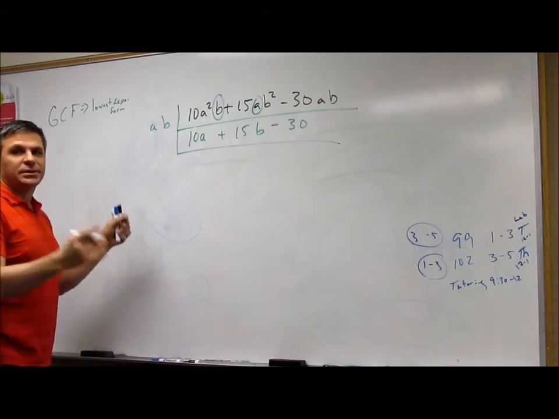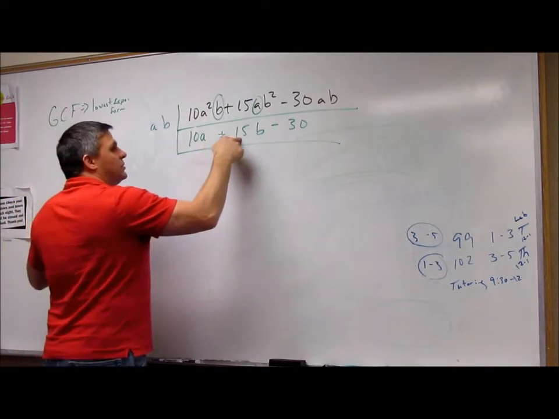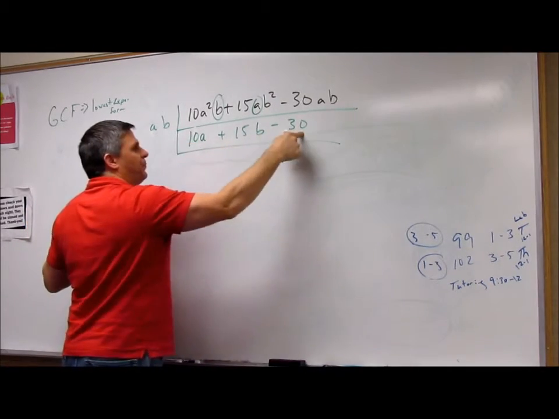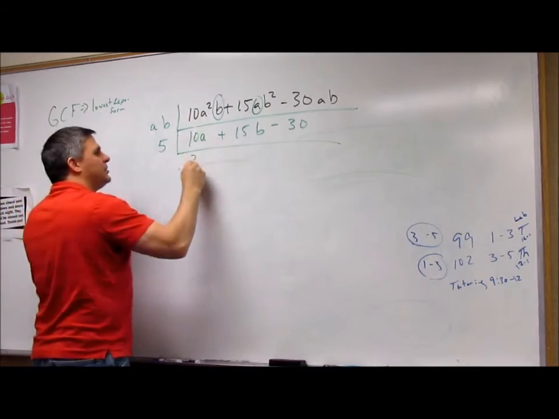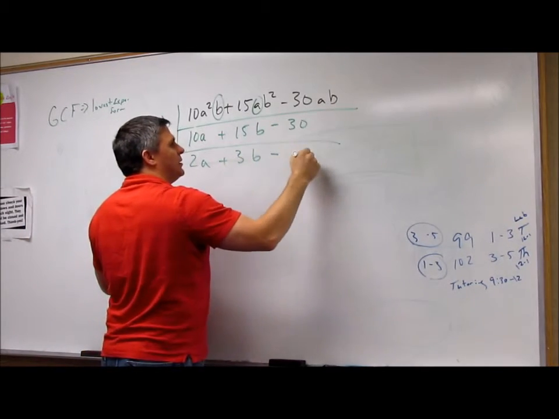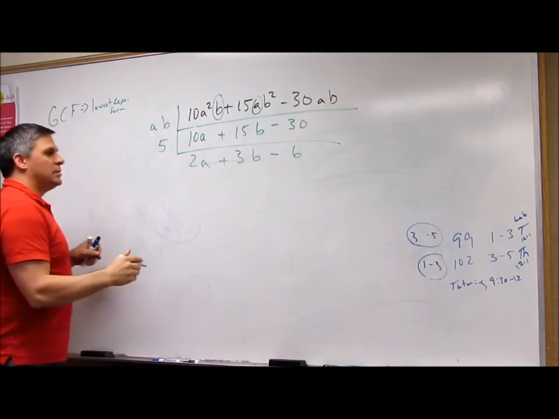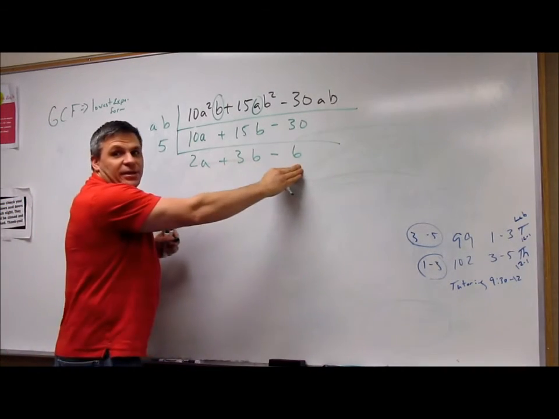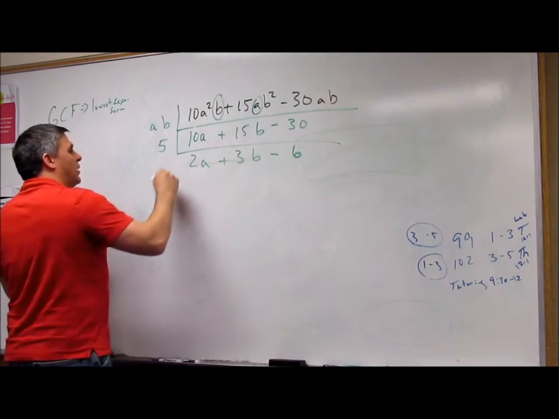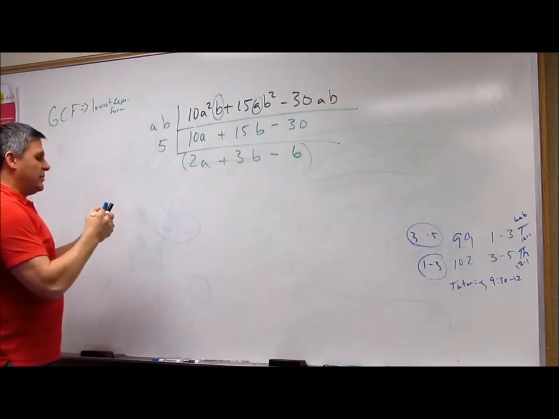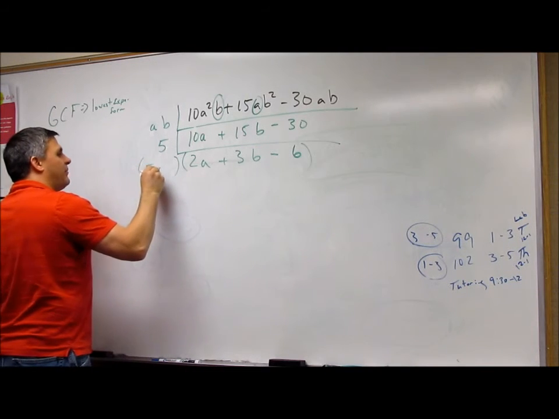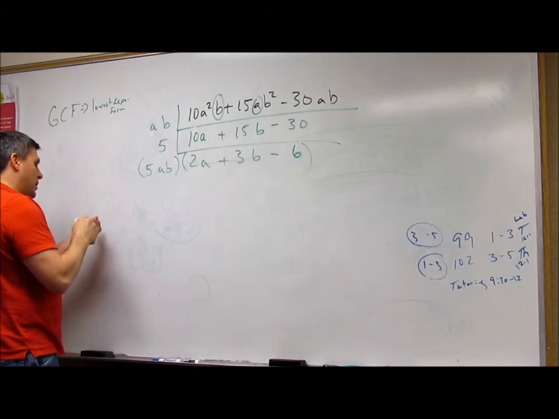Now numbers. 2, no. 3, no. 5, yep. 5 and the 2a plus 3b minus 6. Nothing else? That's a 6. Okay, nothing else, so I bring that down, and I bring this down, and I got 5ab. And right there